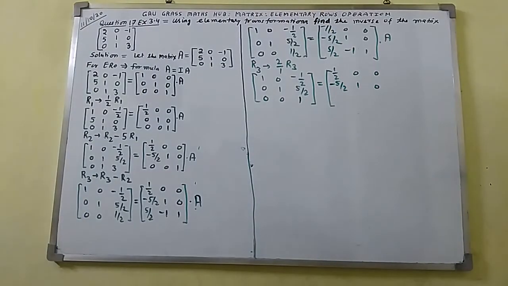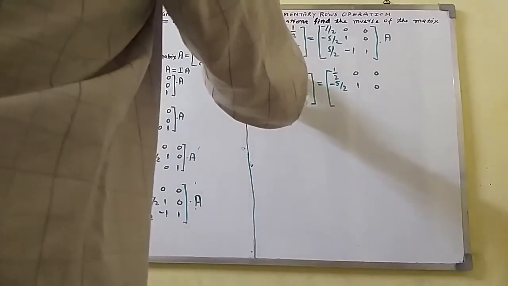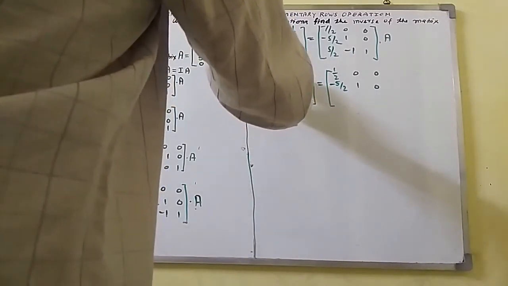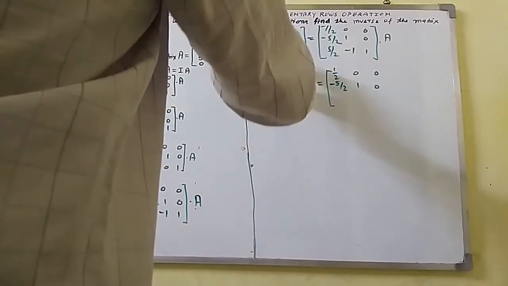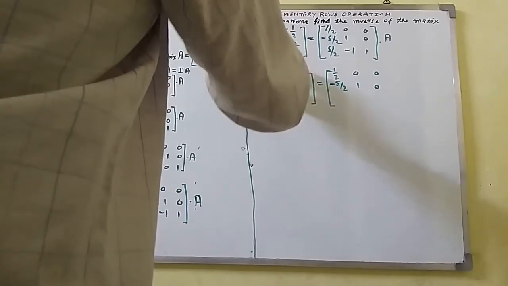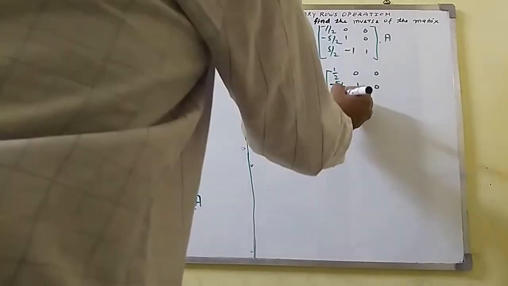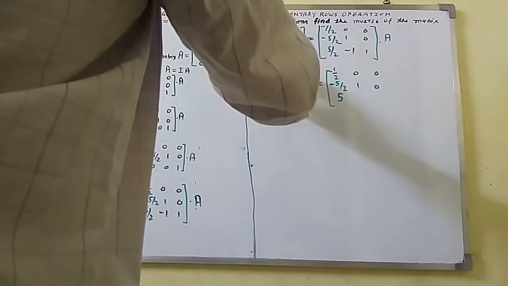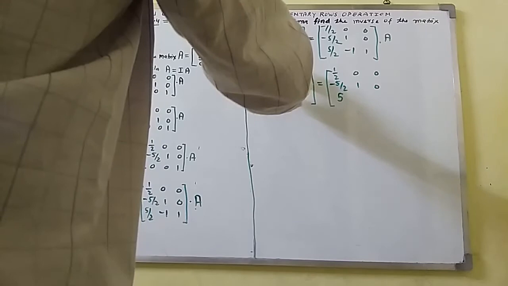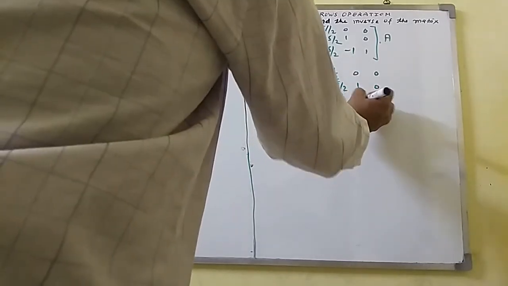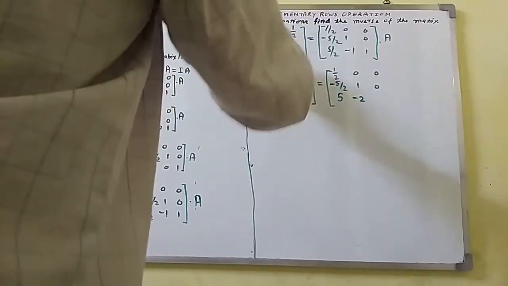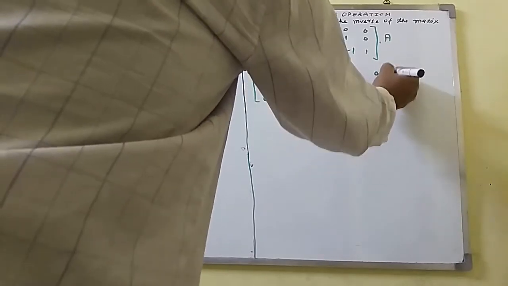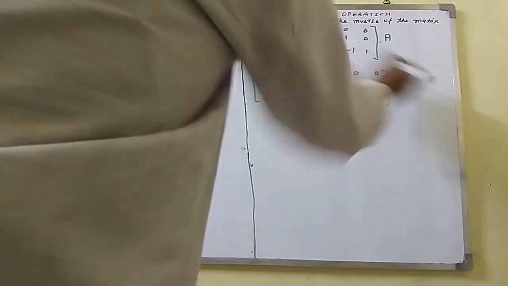Changes will occur in the third row. The third row, I shall get here R3. In place of R3, here 5 over 2, the 2 will cancel, and I will easily get 5. Here you will get minus 1. Here write minus 1, minus 1 multiplied by 2 will get here minus 2. And here 1 multiplied by 2, you will get 2. Dot A will be written. Dot A it will become.